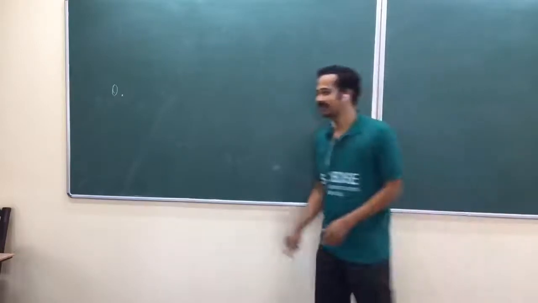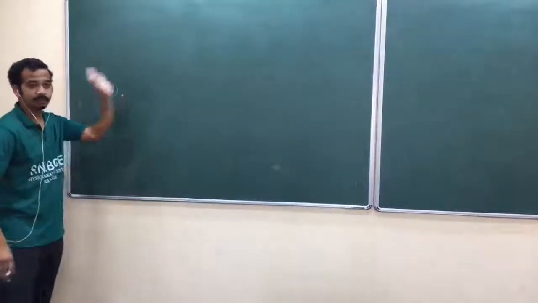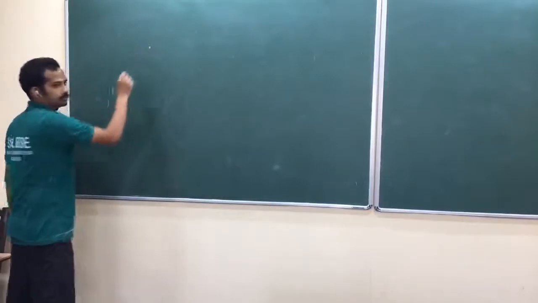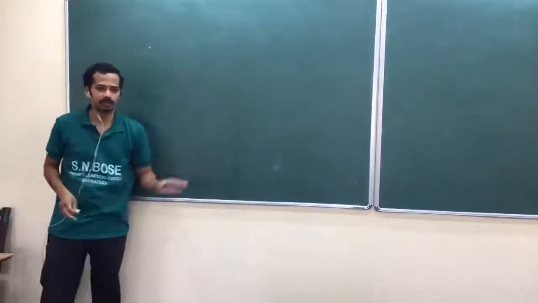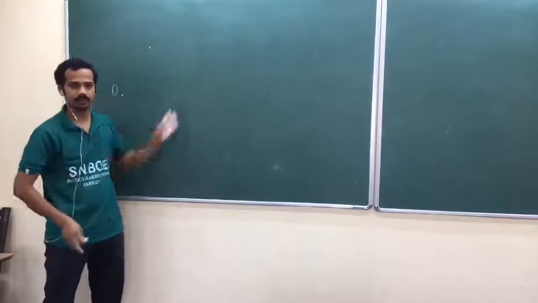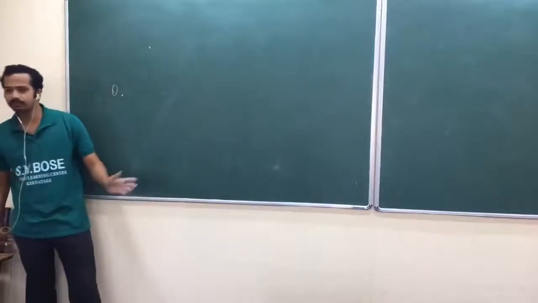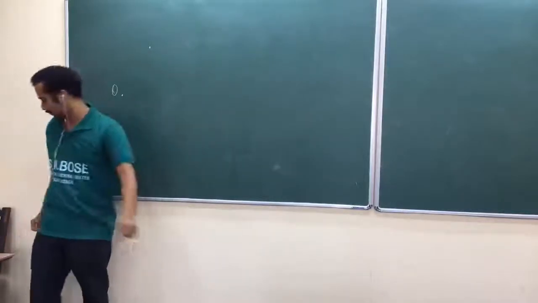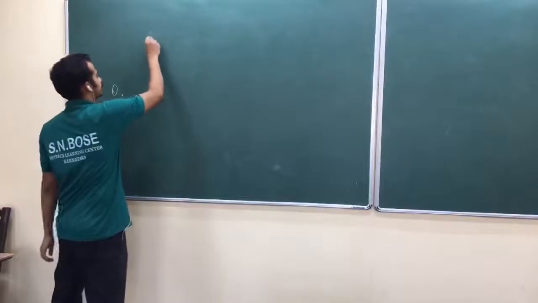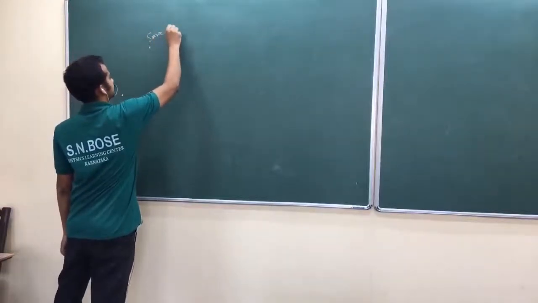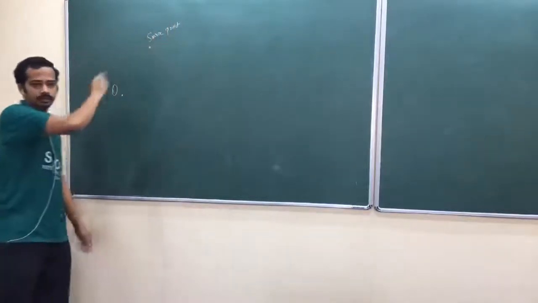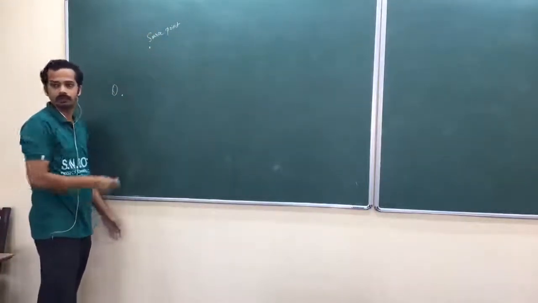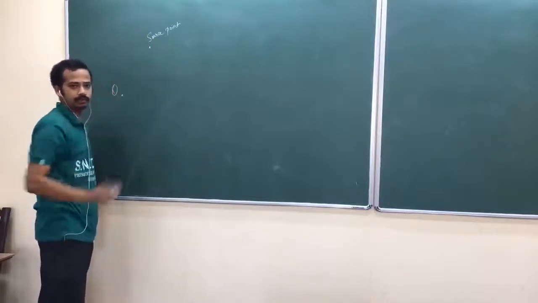Is that okay? Now, look at here. Again, that source may be anything. Now, that source point, either charge or current. Let me just restrict myself to the static case, okay? Not dynamic case. Static case means steady current and static charge, okay? Let me just discuss later. So, suppose this is source point. That may be either a part of your current carrying conductor, or a point charge, or a part of charge distribution like that, okay?